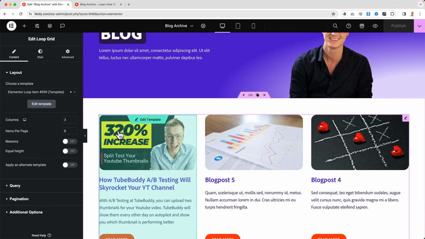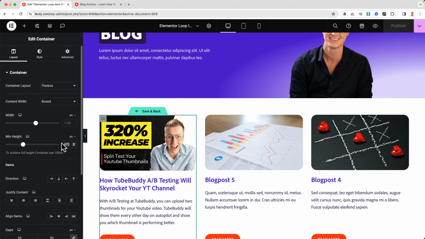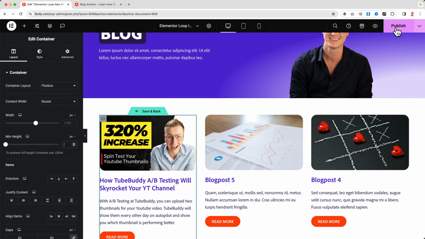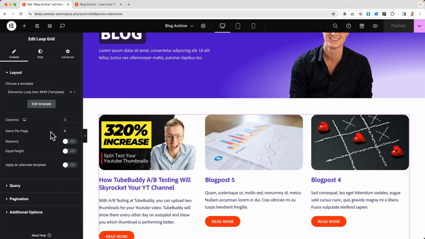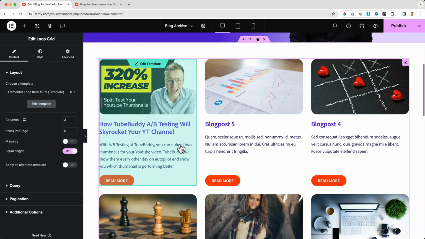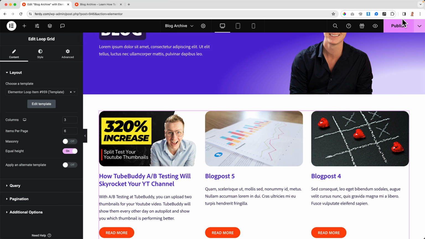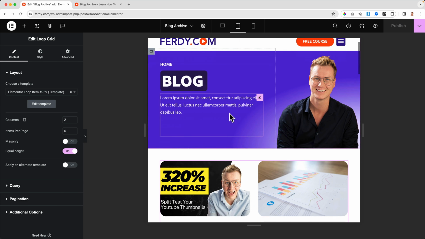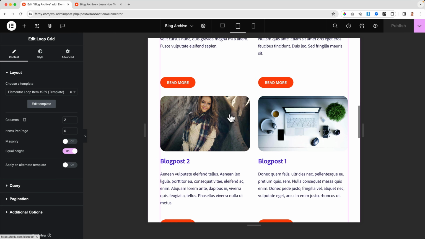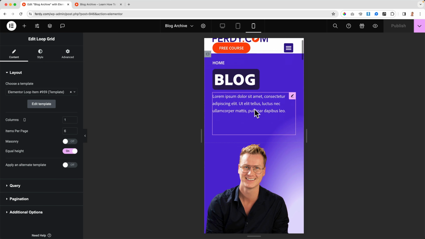I can also edit the template. Turn off the height. Publish. Save it and go back. Now I can go over here and say equal heights. So that makes it even better. Publish. I was here looking at this view. I think that's fine. In the smartphone,